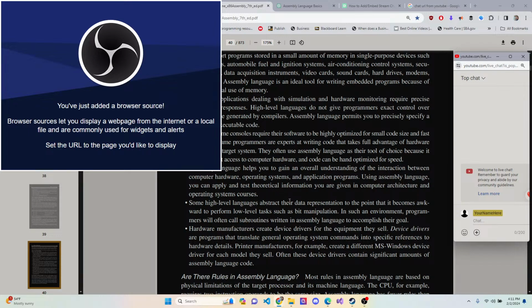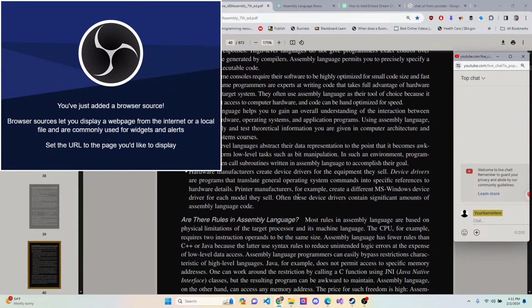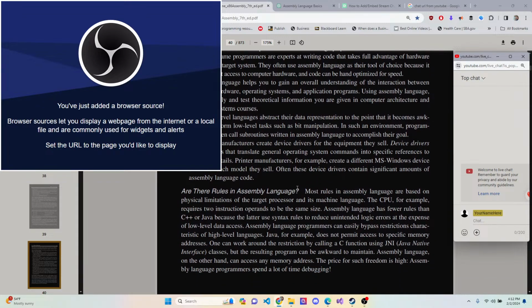Using assembly language, you can apply and test theoretical information you are given in computer architecture and operating system courses. Some high-level languages abstract their data representation to the point that it becomes awkward to perform low-level tasks such as bit manipulation, and in such an environment, programmers will often call subroutines within assembly language